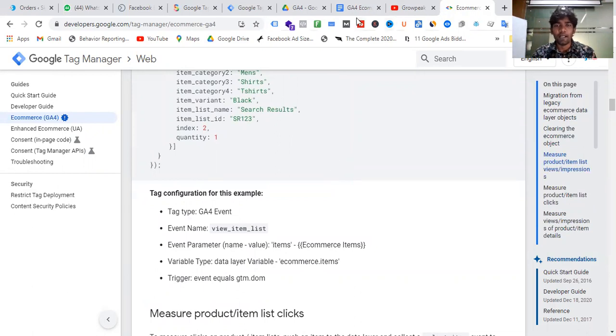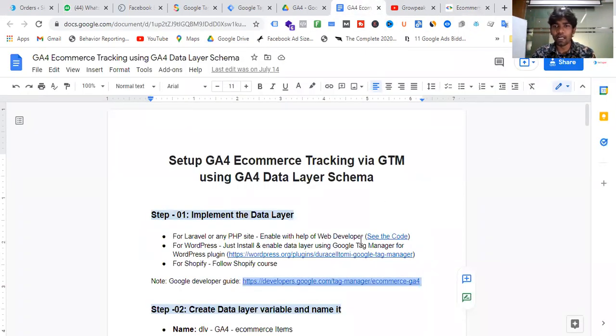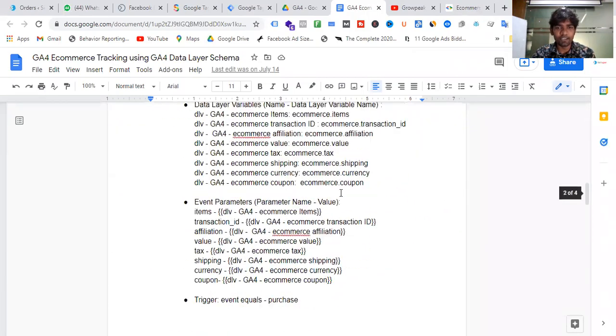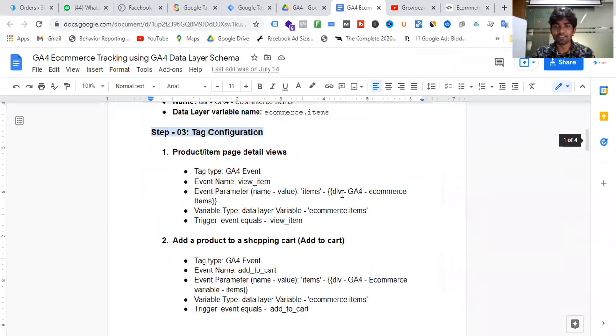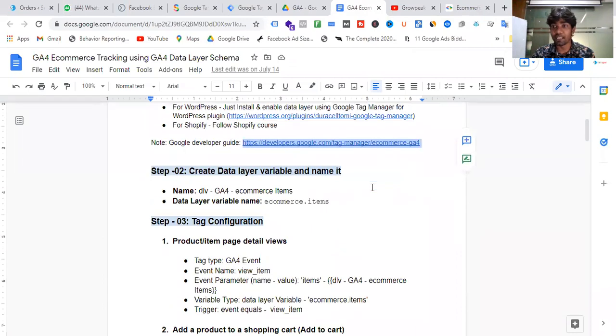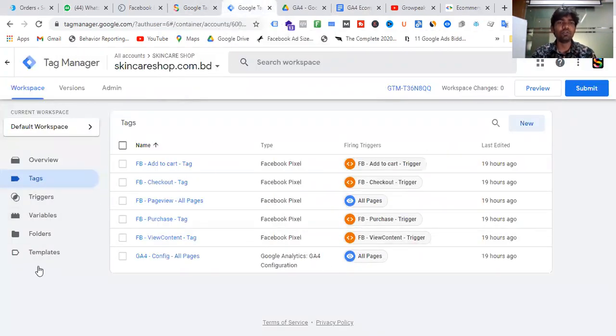And I already prepared documentation on how to set up e-commerce tracking on any site. In the previous video, you already learned how to integrate GTM with any website.